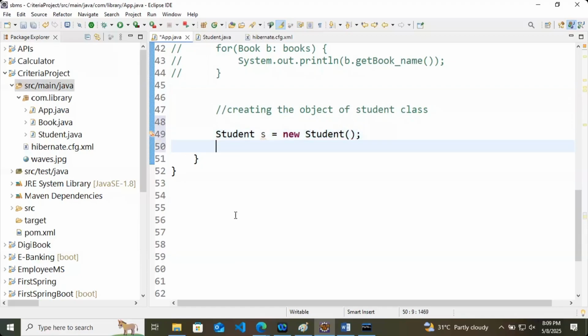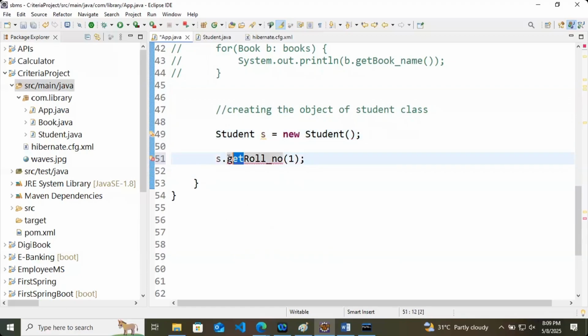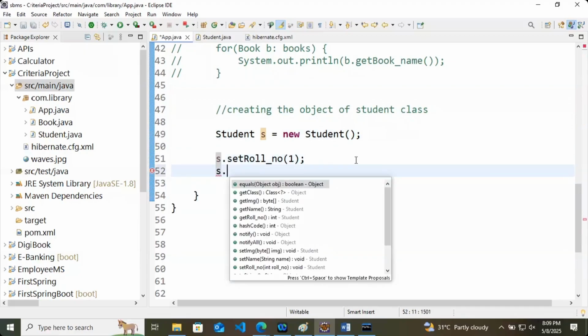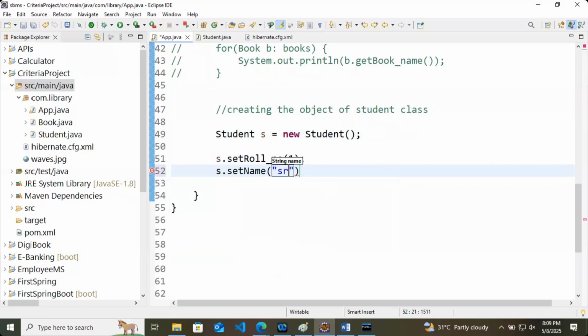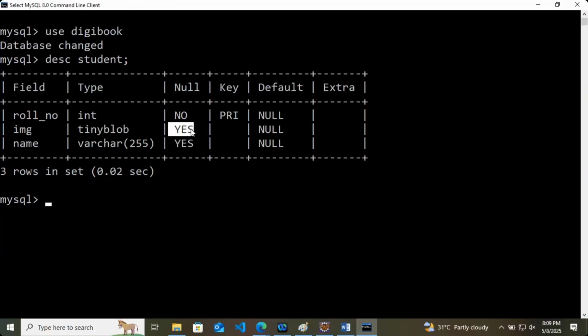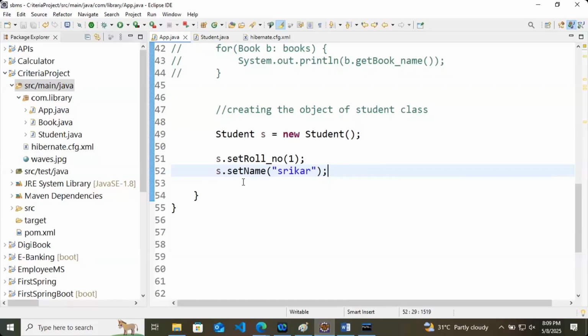Then s.setRollNumber(1), and s.setName("Srikar"). The image we are not setting now, because we can keep this field null. Later we will give it.